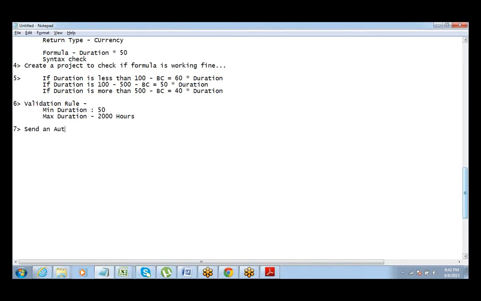Send an automated email to a lead when a new lead is created with email. So every time a lead is created which has an email ID, an automated email should be sent to that particular email ID. Fine, that is what we want to do. Alright. So let's do this example. It's pretty simple.